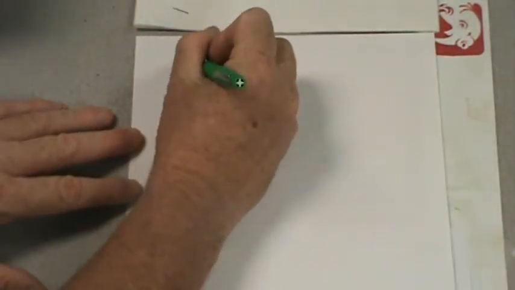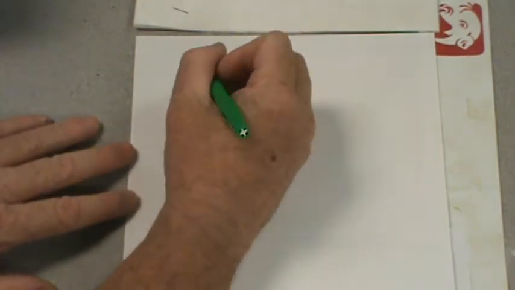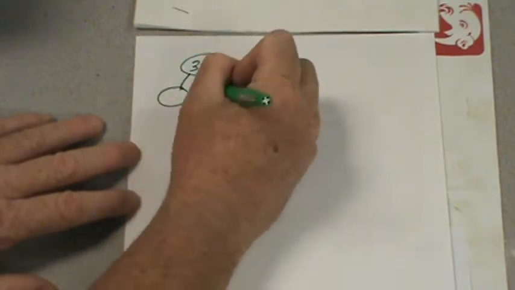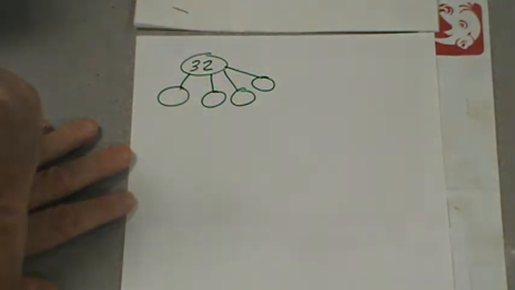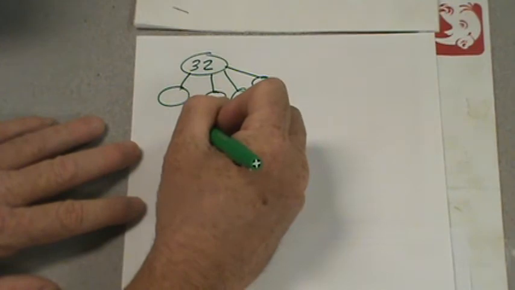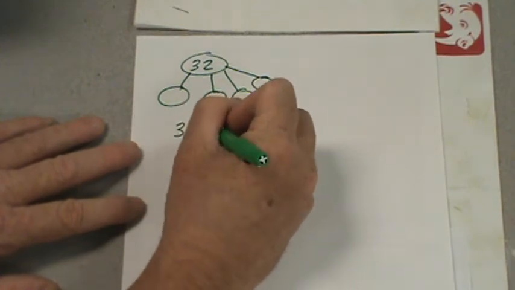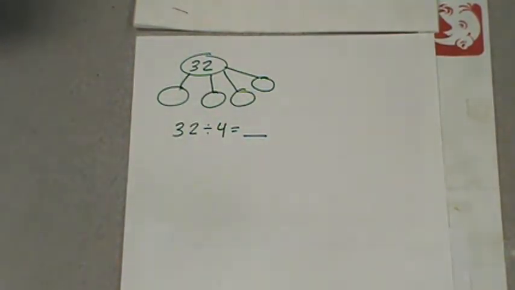And we're going to do this with another number bond. What we're going to do is 32, and we're going to do the same thing. It's going to be divided by 4. And we'll draw our number bond. What will that equal? We could also take a look at this as another representation, which would be